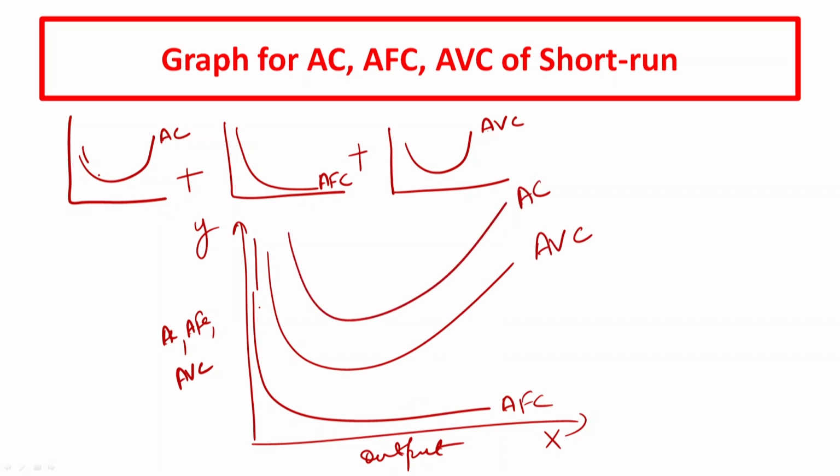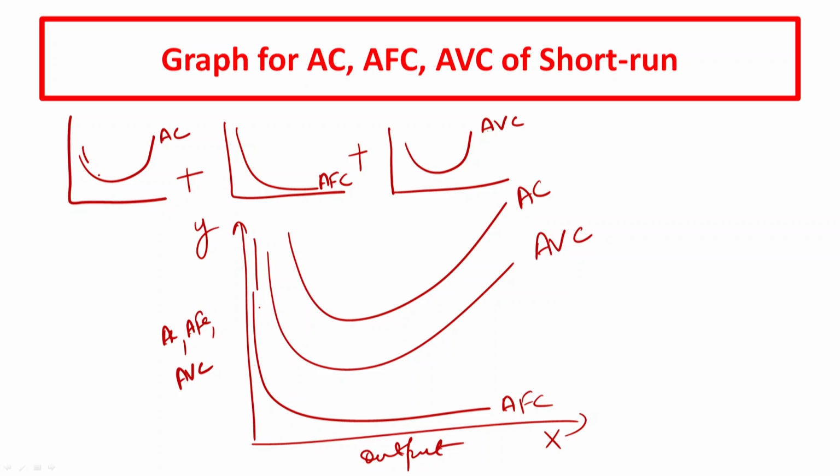I just want to tell you that your average fixed cost will be lower than average cost and average variable cost. Your average variable cost will be lower than the average cost, and your average cost will be at its high